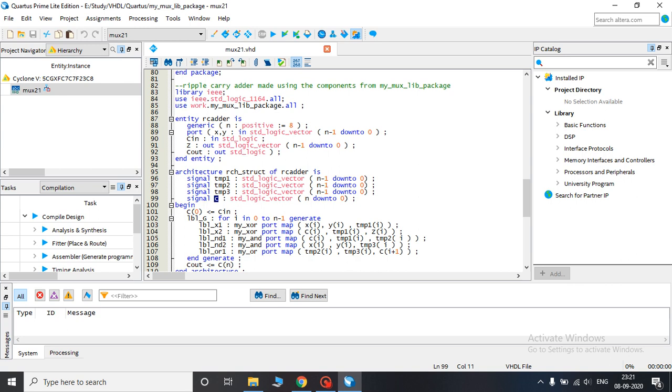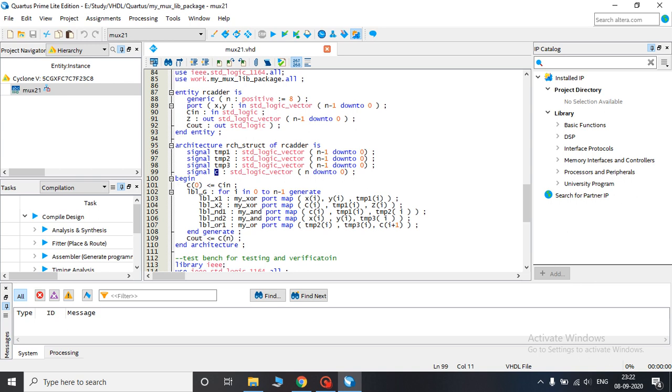First of all, after begin, we have included the LSB, the least significant bit of C, as Cin. So the first carry, the least significant bit carry, is Cin.